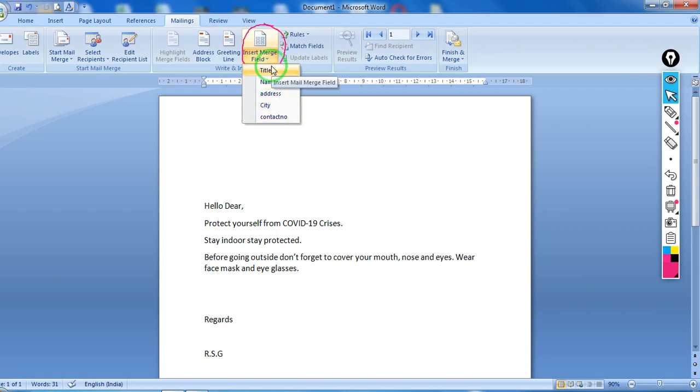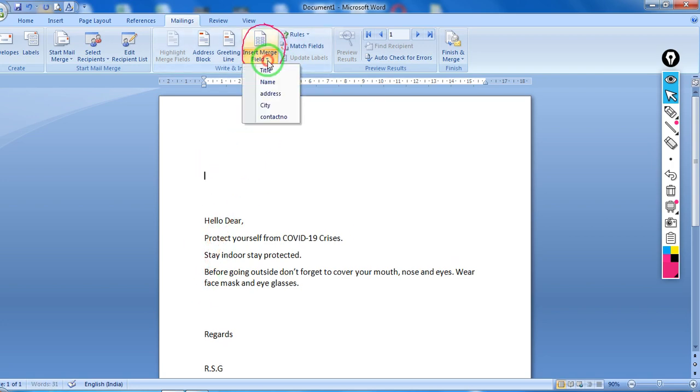Now wherever you want to insert the merge field, you can choose that particular place. Suppose I want that my merge field and the title merge field should come over here. So I can place the title placeholder over here, merge field placeholder. These are your placeholder. So as I've already told you that merge field, it is a placeholder. It allows us to insert a specific data or a value from data source into the main document.